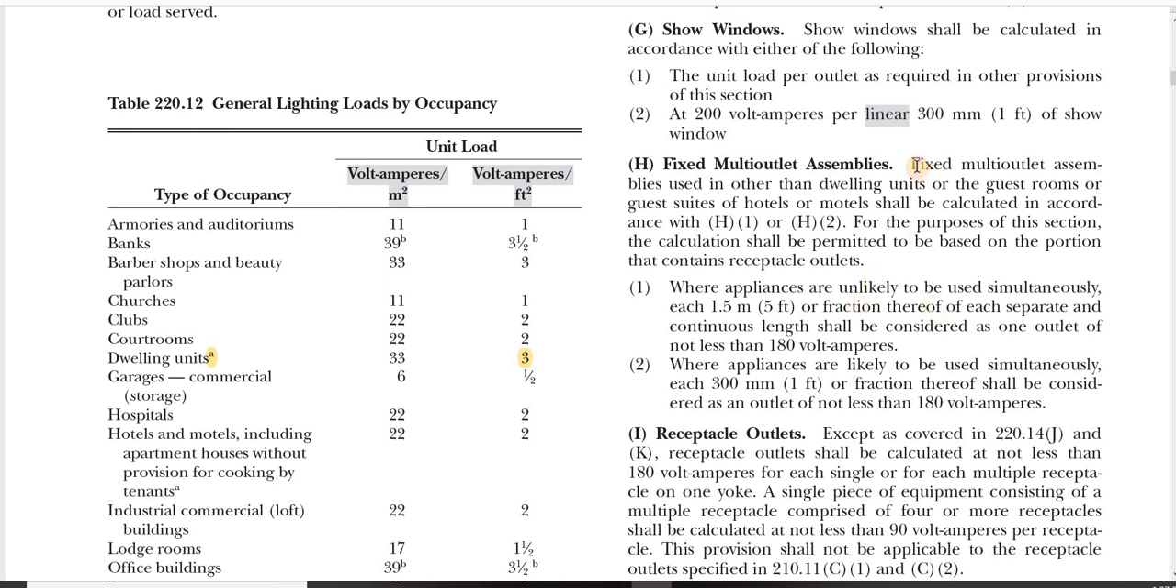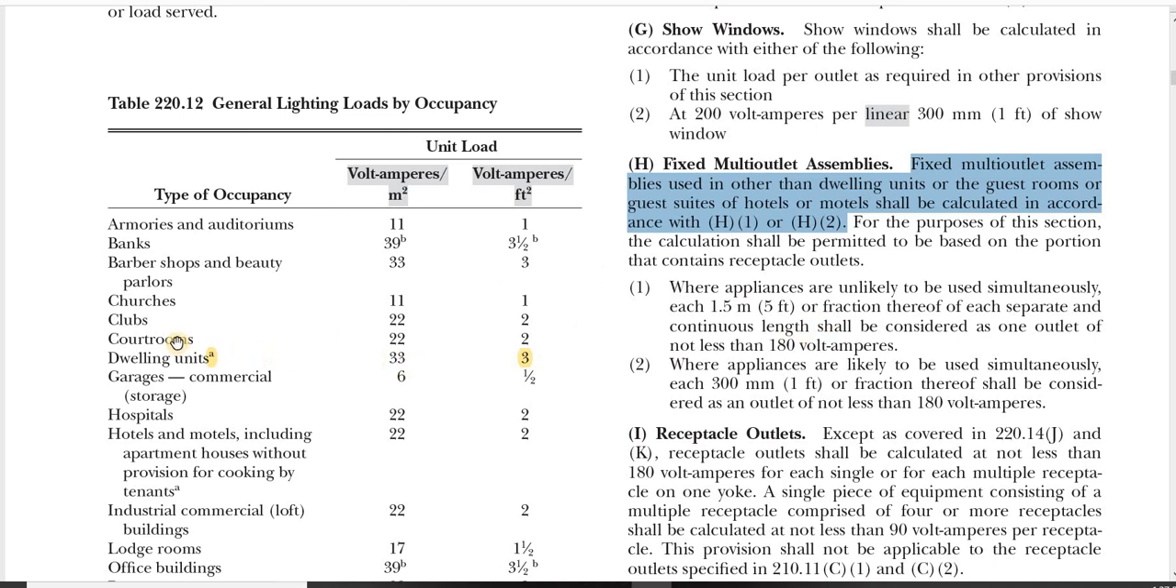All right, so let's read the code really quickly so we understand it. It says, fixed multi-outlet assemblies used in other than dwelling units or the guest rooms and guest suites of hotels and motels shall be calculated in accordance with H1 or H2. That's to remind you that when you're doing dwelling units and guest rooms and guest suites, those general receptacles that are in there are already factored into the general lighting load